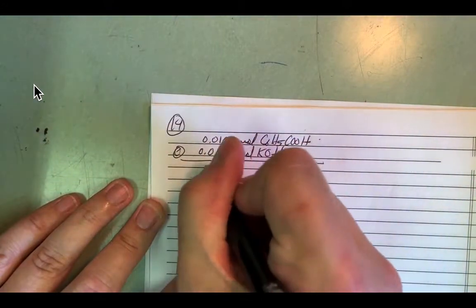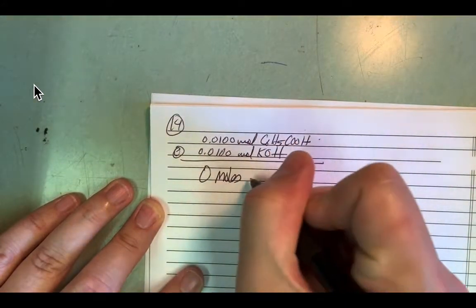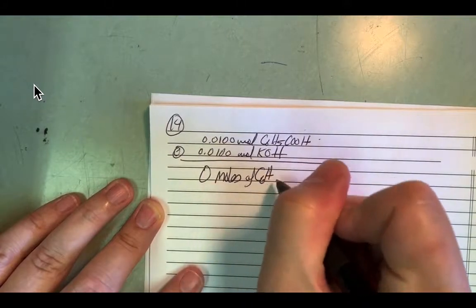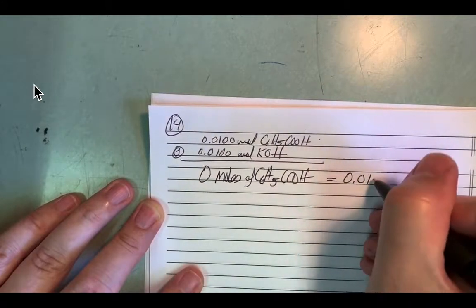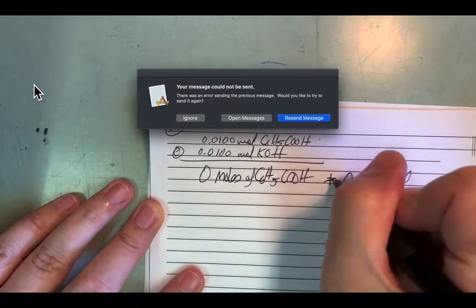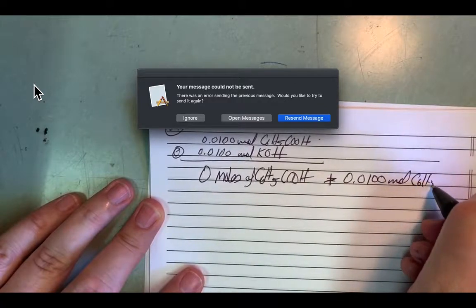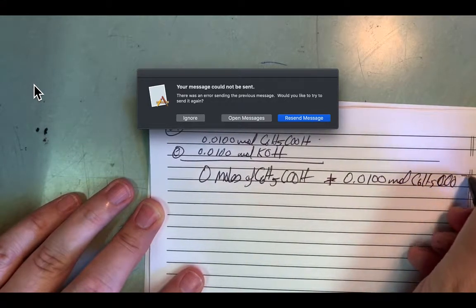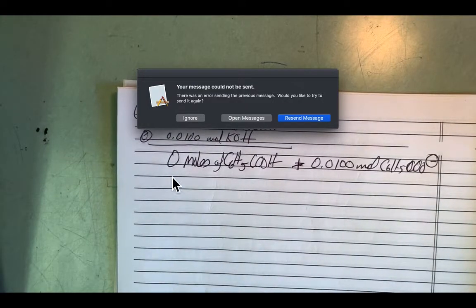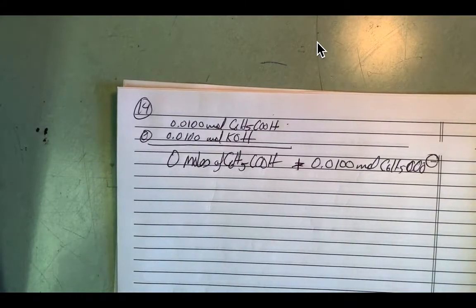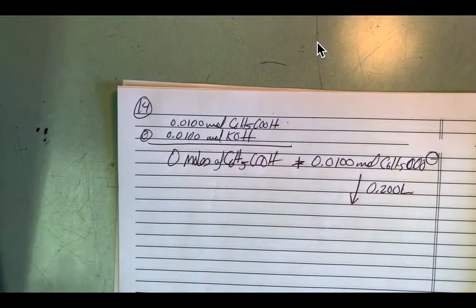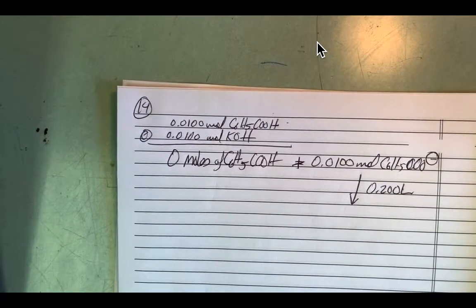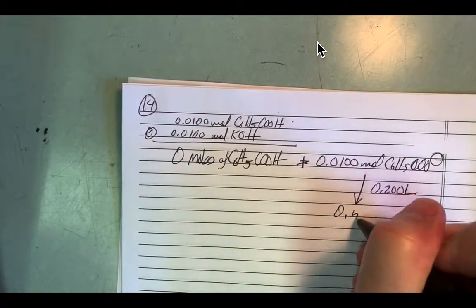So we're left with 0 moles of the acid. But we're left with some concentration here of the base. Our volume now is up to 200 mLs. 0.1 divided by 0.2, so 0.5 molar